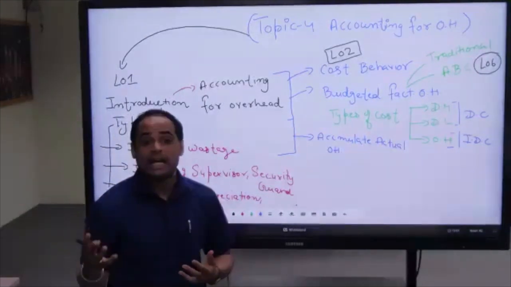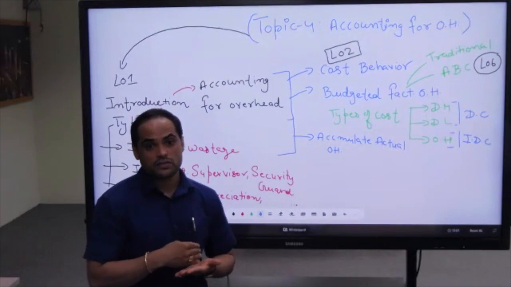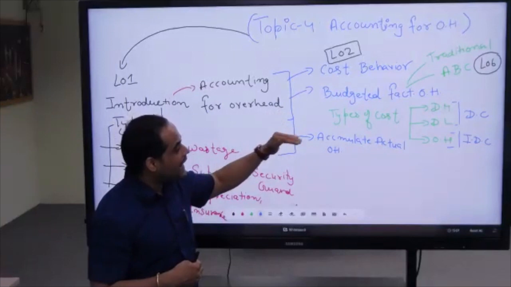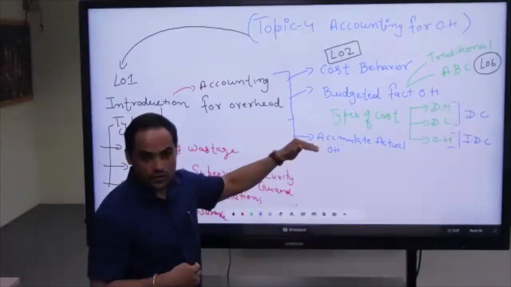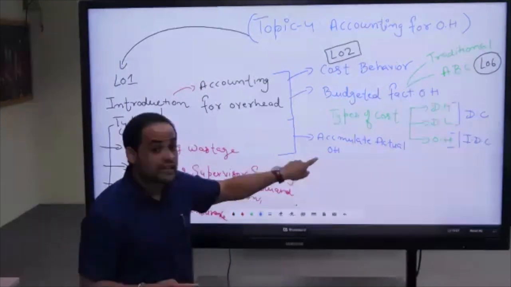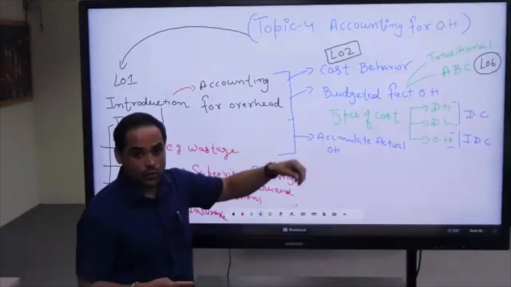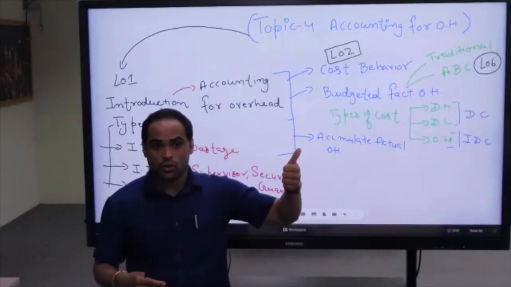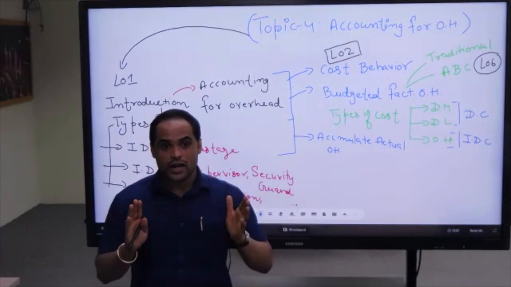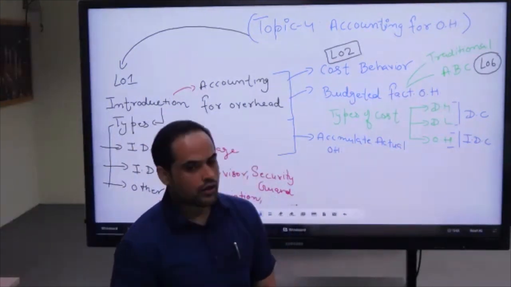You sit for exams, and at the end of the semester, you get your actual results. Then you compare them, whether you achieved it or not. That comparison is called